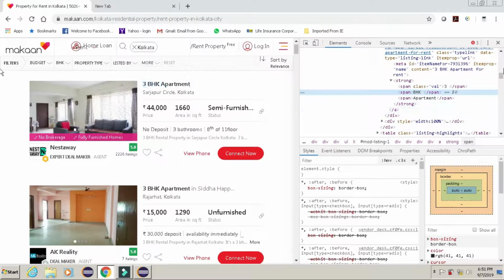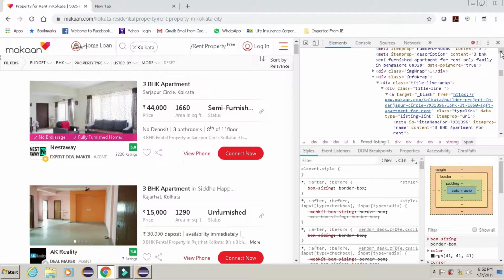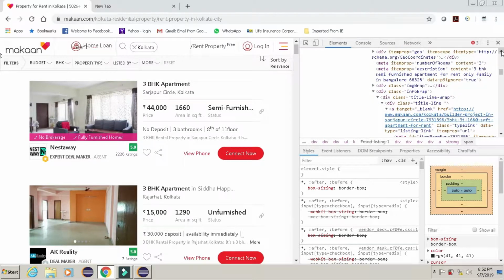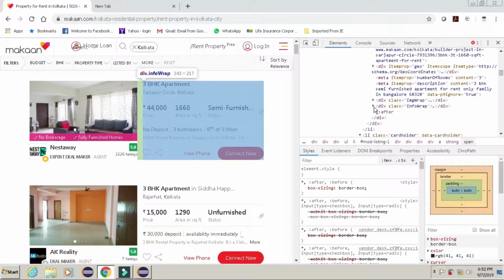This text is under an a tag with target blank and href. Its parent div class is title-line, title-info-wrap. It is under info-wrap, and suppose we close this,